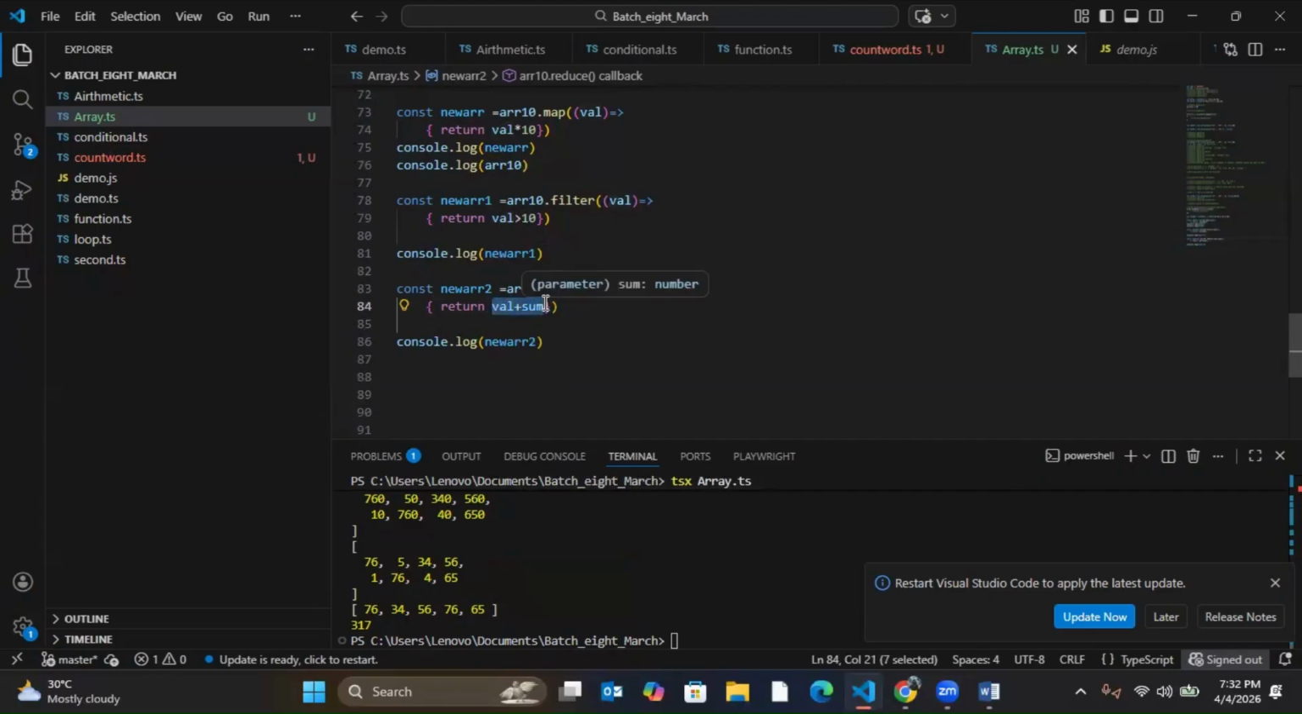Each time, the sum will get updated. The first time it added 0 plus the first digit, so sum will be 0 plus 76, and sum becomes 76. Now the second digit comes, then sum is equal to 76 plus 34. Whatever the next number is, sum will be that one. Like that it will go on till the end element, and that will be returned and stored in this particular